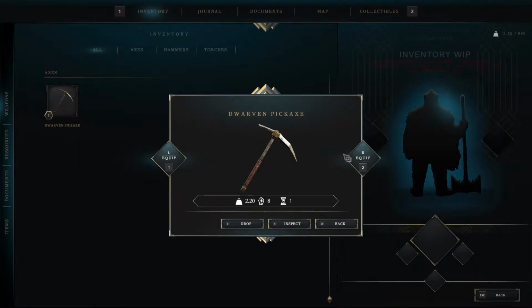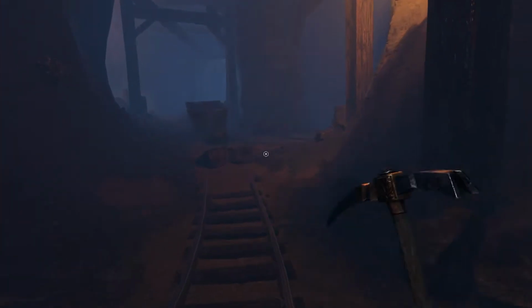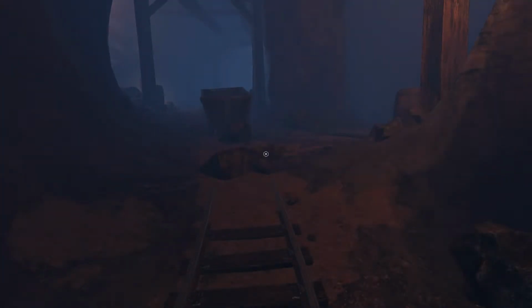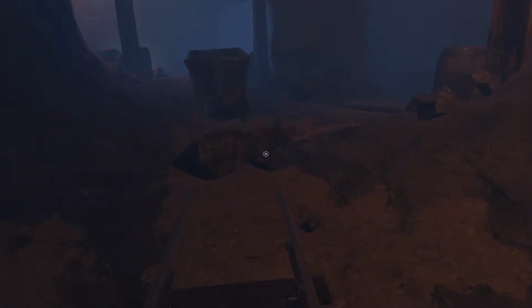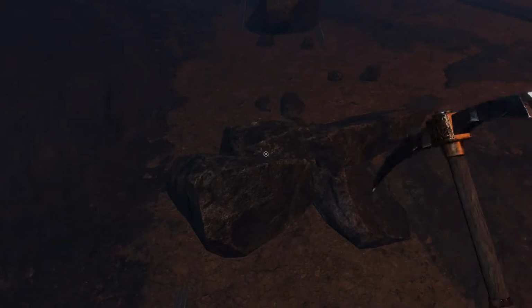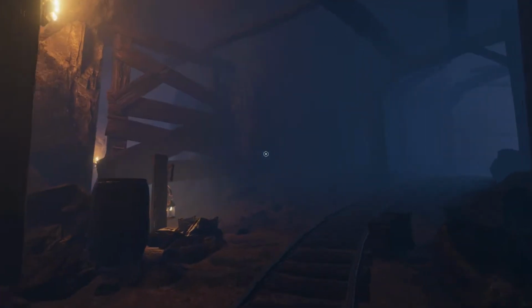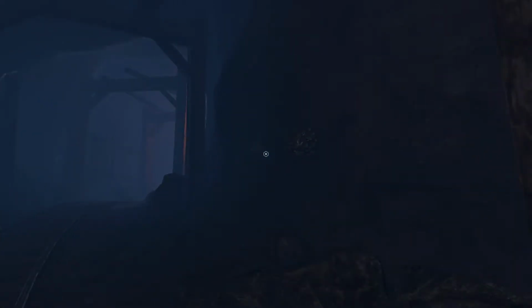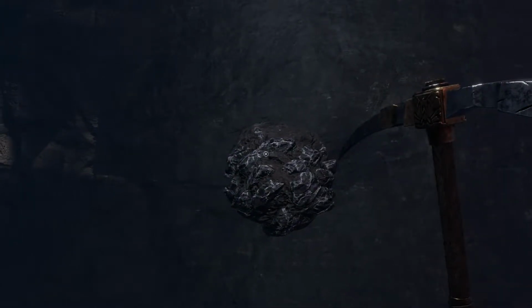Isn't this two-handed? It looks like it should be two-handed. I mean, it's a pickaxe after all. Alright. It's not two-handed. Okay, well, hello, rock. Okay, I can't do that, rock. Shame. How about this rock, high up here? It really doesn't want to let me...